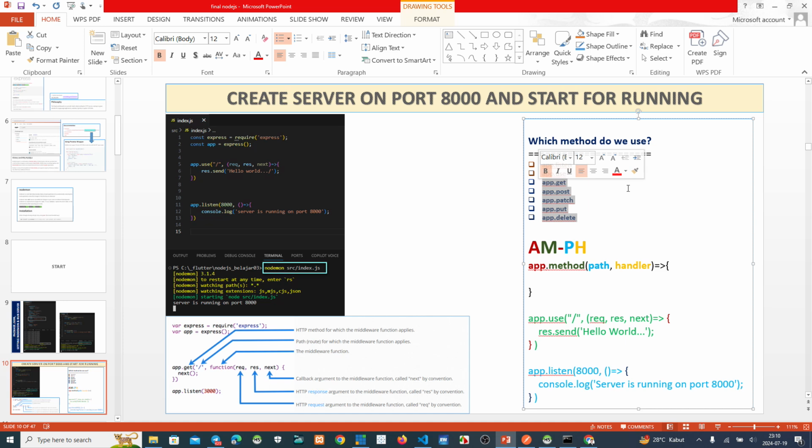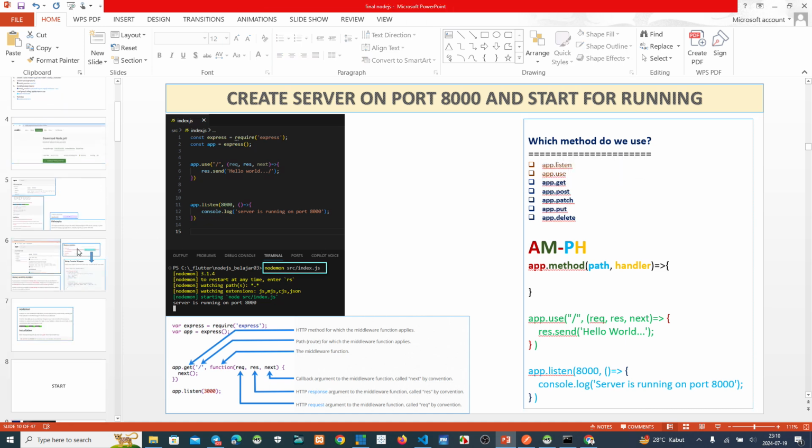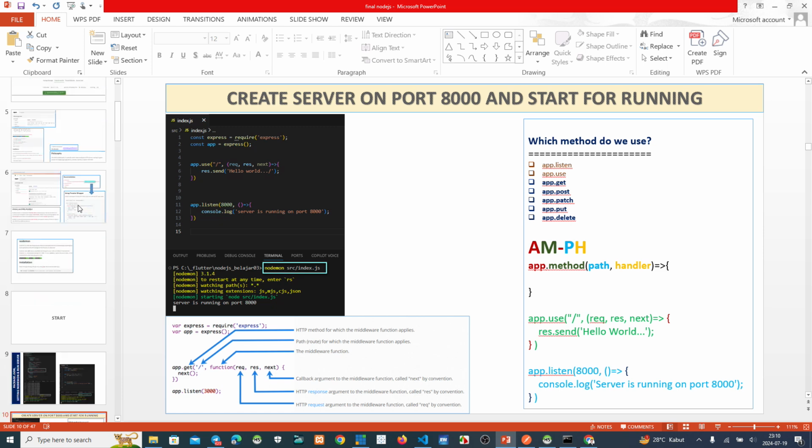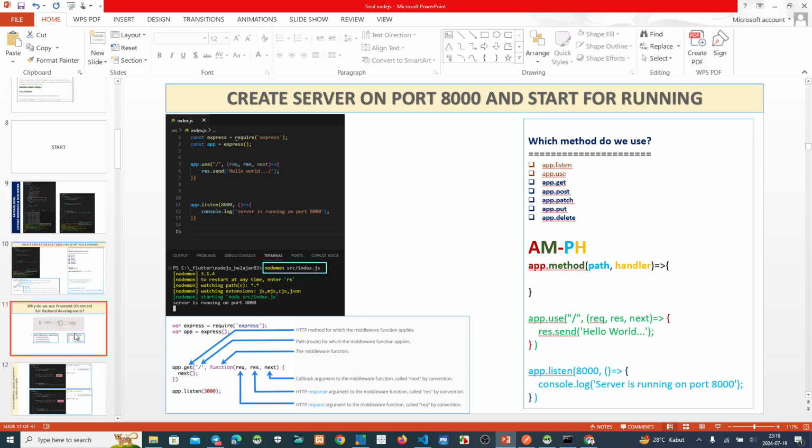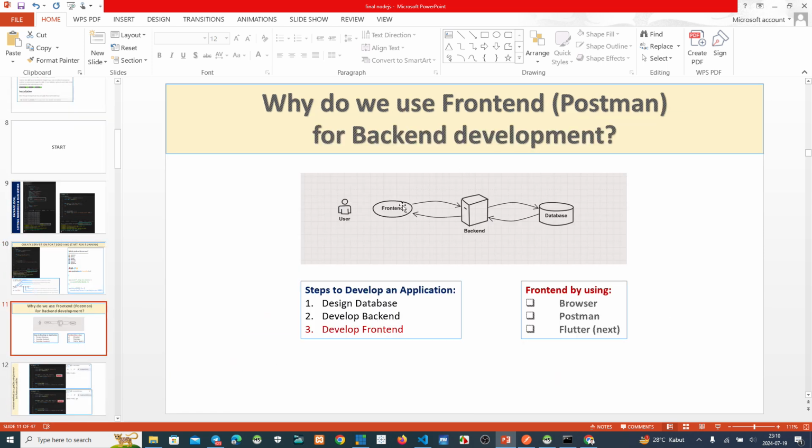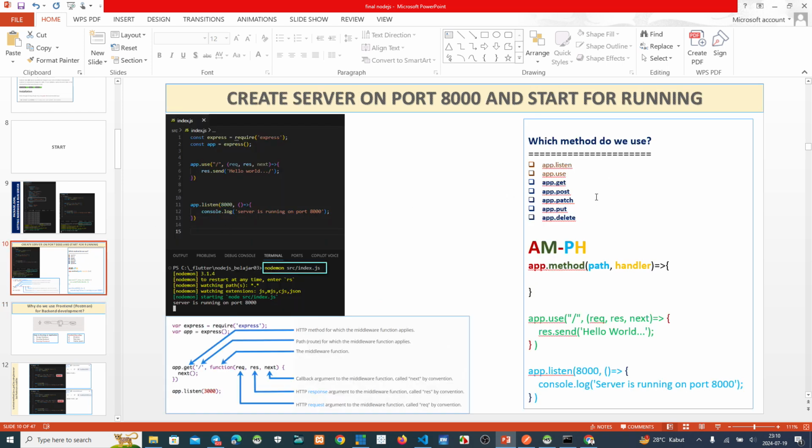These we can use by using the front end, if we use the front end by using Postman, before we use Flutter. But if you use the front end by using a browser, you just use the get method on your server, you can access the server by using the browser.